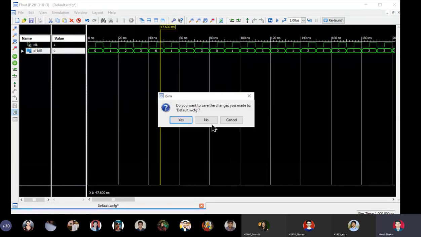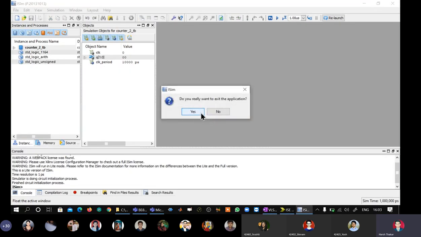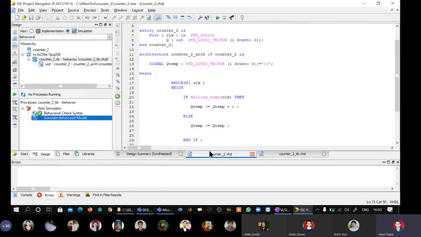Now how these counters are scalable, we can come to know. Okay, so I'll make it into a 4-bit counter now. Very simple. Go to main program and just increase the size from 1 down to 0 to 3 down to 0. Again, make the 3 down to 0 and you have to make it 0, 0. Okay. So QTemp, which is now a 4-bit vector, is now initialized to 0 0 0 0. Otherwise everything else remains the same.